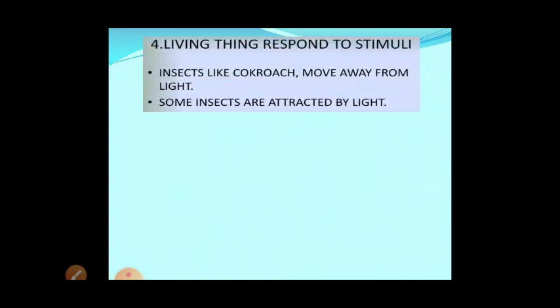living things respond to stimuli. Some animals will go away from the light, like cockroaches. Some insects are attracted towards the light. In the evening, if there is a field nearby and we switch on the light, many small insects will come and sit near the light. Okay, in this way